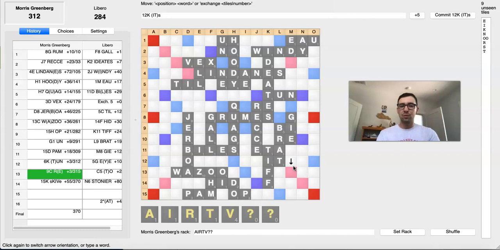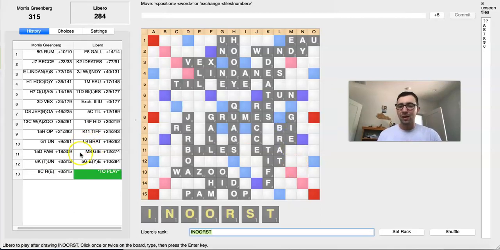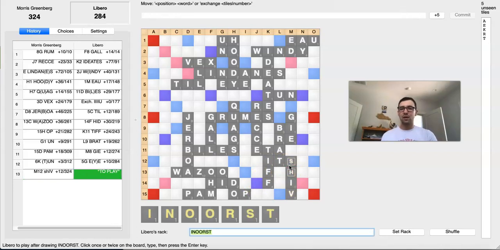Let's first look at what if he wants to get rid of his V. So let's say he plays Shiv. Whoops, sorry, not with 4 blanks. I apologize for that glitch there. I accidentally held down the Shift key. Shiv with 2 blanks. In this case, Morris actually never loses, but as we saw with Re, there are a